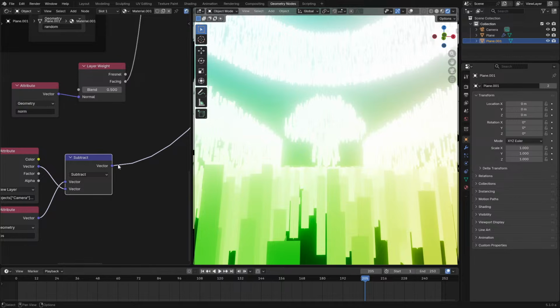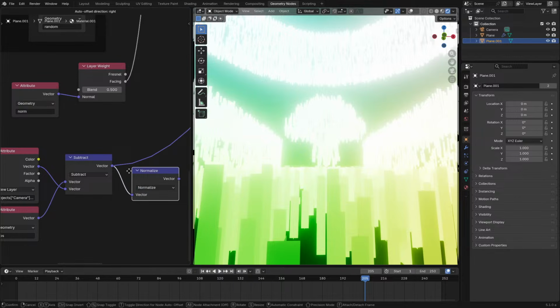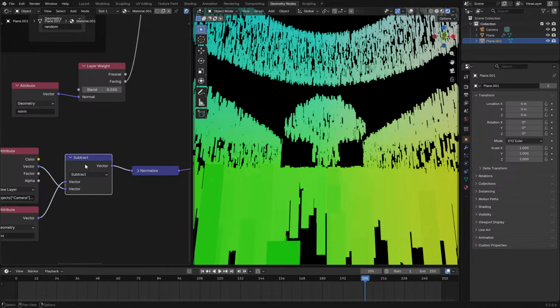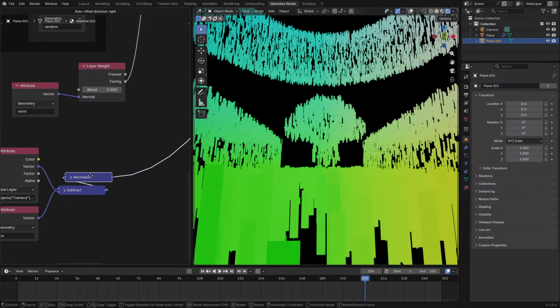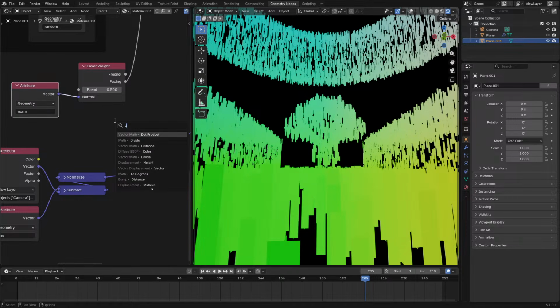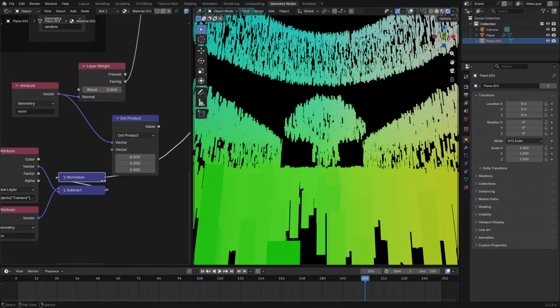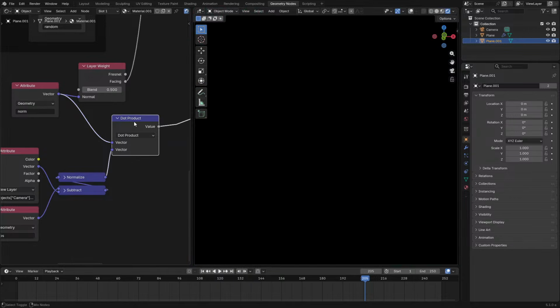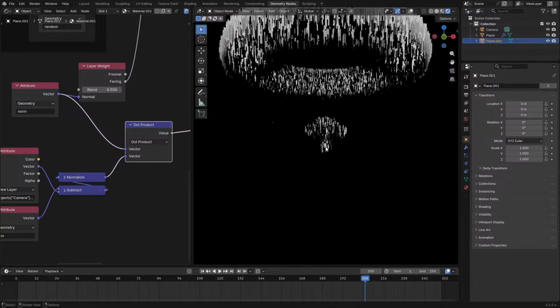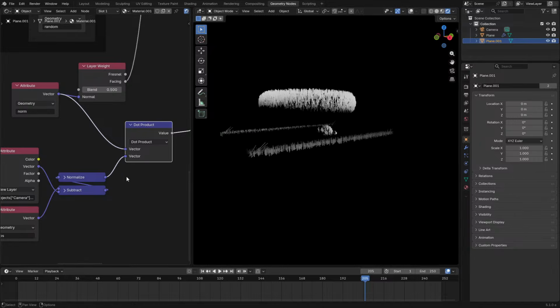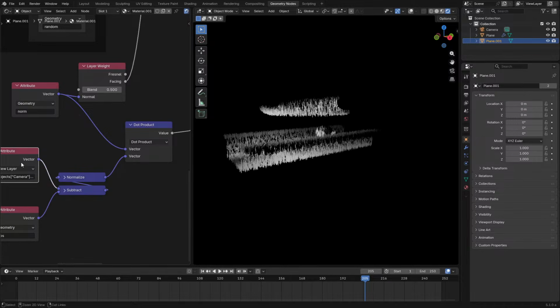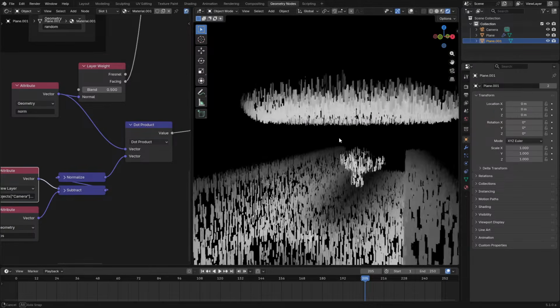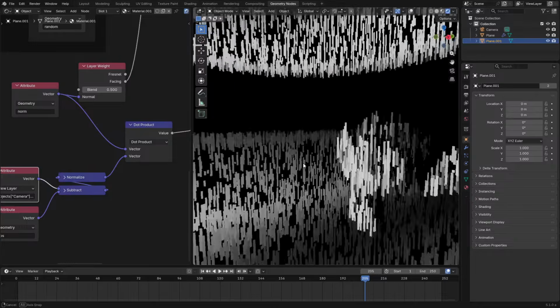But with this, we can get the vector to the camera. We need to normalize this as well, so that the vectors have a length of 1. We do that and that, then we dot product it. With that, we should get a gradient that is facing the camera, almost like the Fresnel. If I did it correctly, which I think I need to invert those two. There we go, yep. We can see that this is facing the camera,